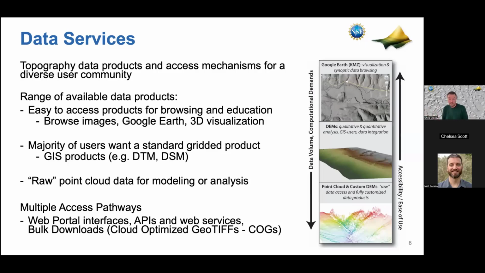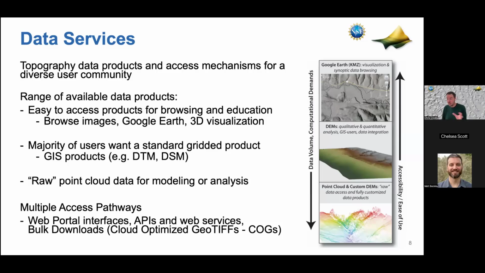So if you want just a pretty picture, OpenTopo will make it for you and give you back a JPEG or a KMZ file you open in Google Earth, those kinds of things. But if you want to download the 18 terabytes of LiDAR point cloud for New Zealand, you can do that too. Like, buyer beware, it's a much more challenging thing to deal with, but people do this.